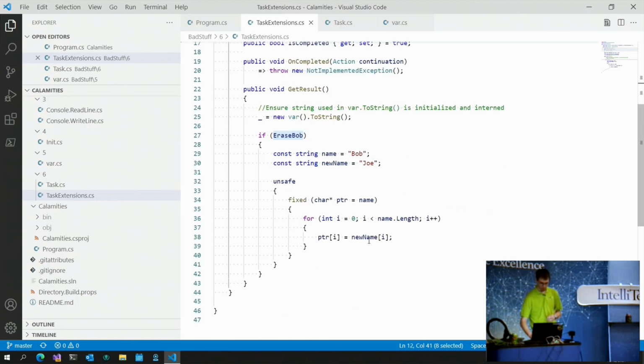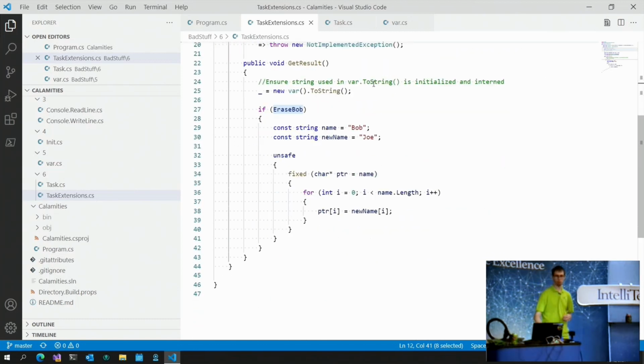So down here, you'll note when I'm getting the result back out, and I'm going to take this in the reverse thing. The question from the chat about unsafe: yes, we are going to go into unsafe context. The unsafe keyword can be applied either in a code block, or you can put it on a method directly if you want the entire contents of the method to be treated as unsafe. But once you're inside of the unsafe block, you can now do some really fun things, like get a char